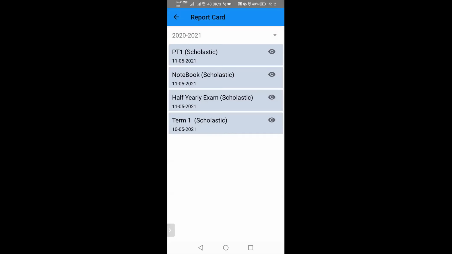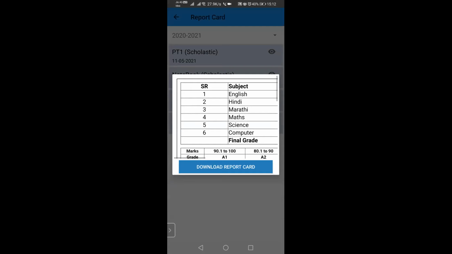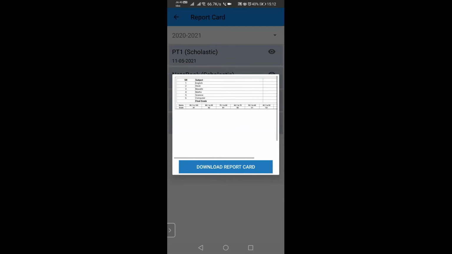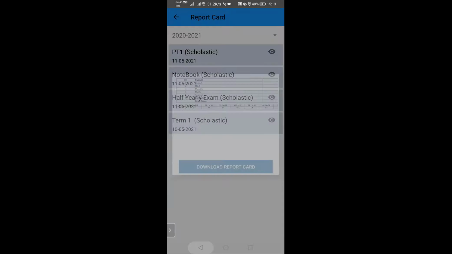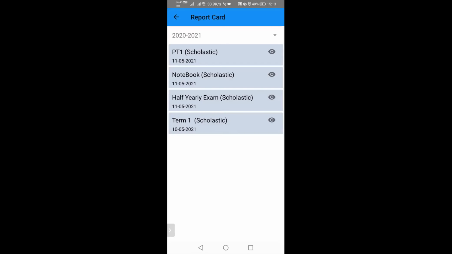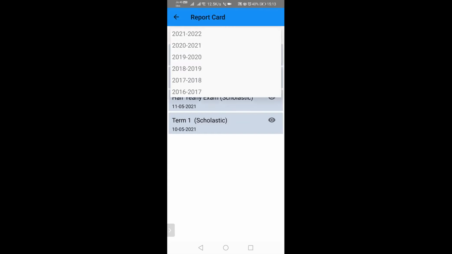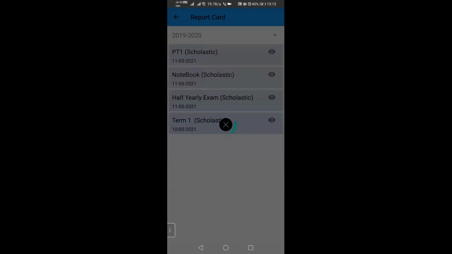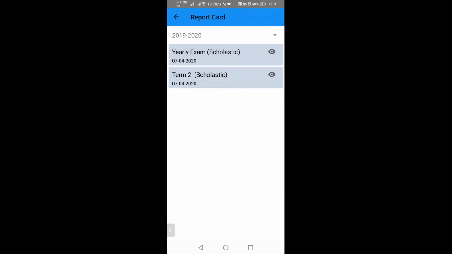So here, all the exams, suppose your half yearly exam. At times we are not giving all the marks, so here you can publish and keep, so students can directly check it online. Whatever exams we want, we can keep here. For 2021, suppose students want to check their 1920 results, then they can go to 1920 and check those results.